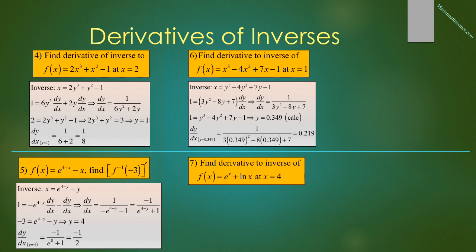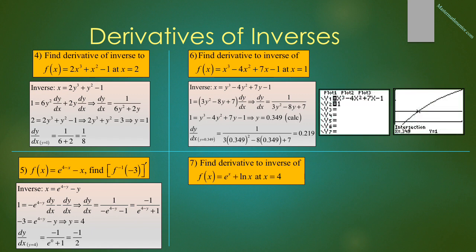We then need to find the value of y where 1 is equal to y cubed minus 4y squared plus 7y minus 1. And we realize that this does not have a nice solution. So we do the problem graphically. We graph y1 equals x cubed minus 4x squared plus 7x minus 1, and y2 is equal to 1. And we find the point of intersection, and we get x is equal to